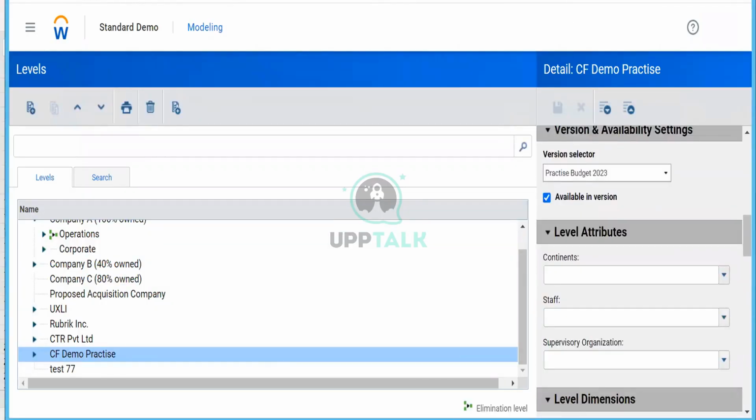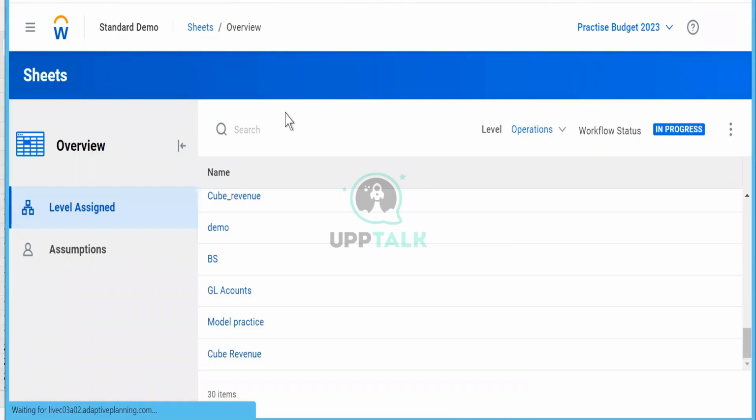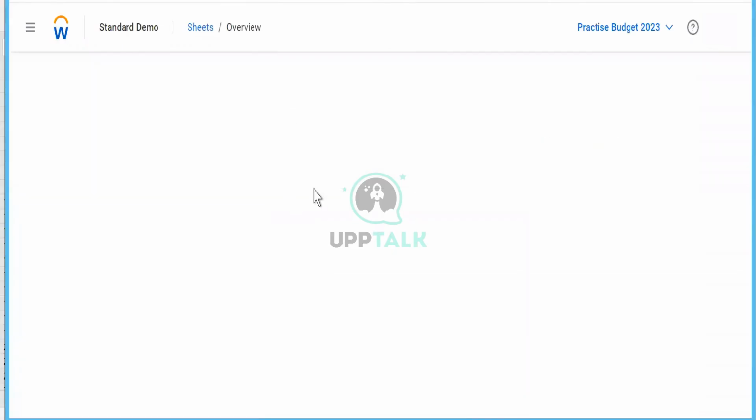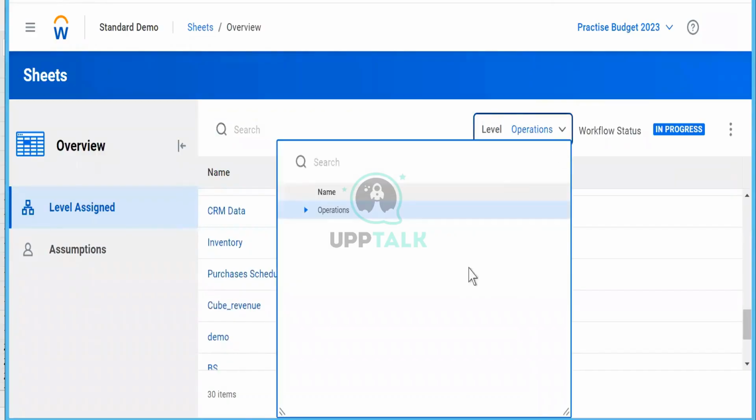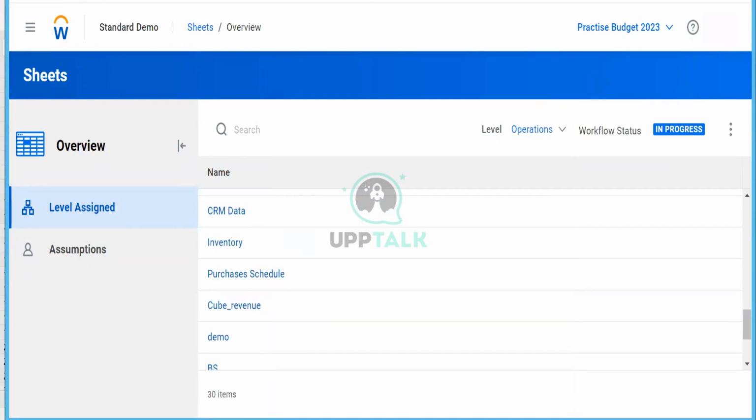Let's check now. No, why is it not allowing me to change the level? Our levels are not visible here.